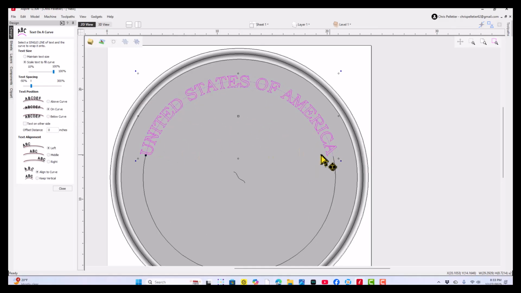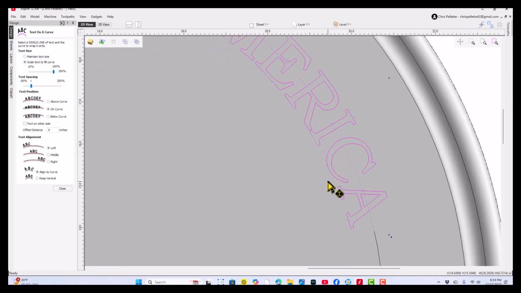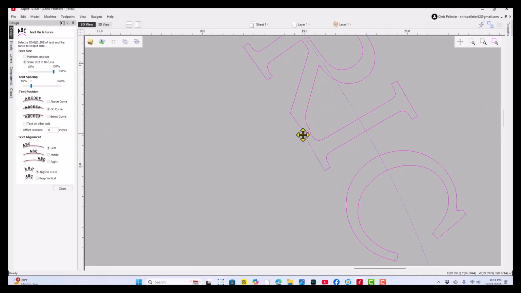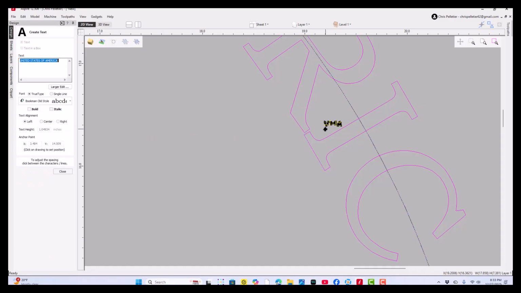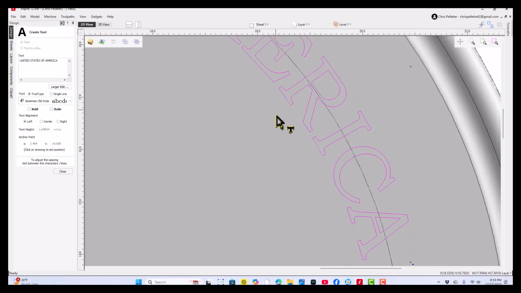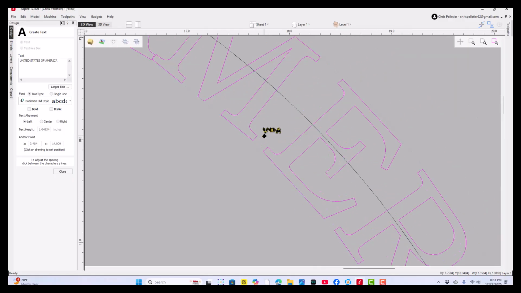Now, I'm going to set it in the middle of it, and it sits pretty good. It's fitting just fine the way I like it. Now, the other thing I do, I need to check. If you notice here, they're too close. So what I do is I make sure that I'm still in text mode, and I see that little plus sign. So I'm going to hold Shift down